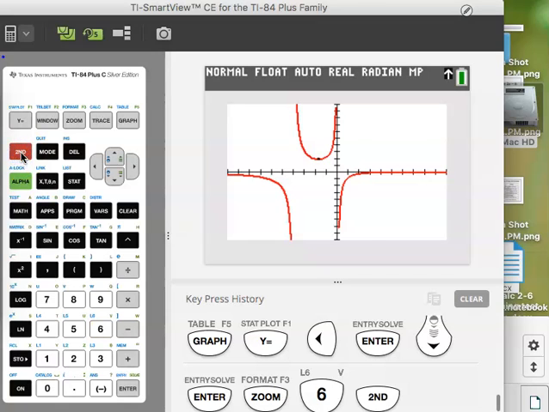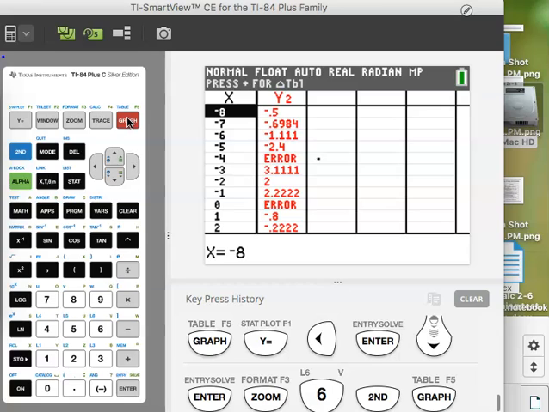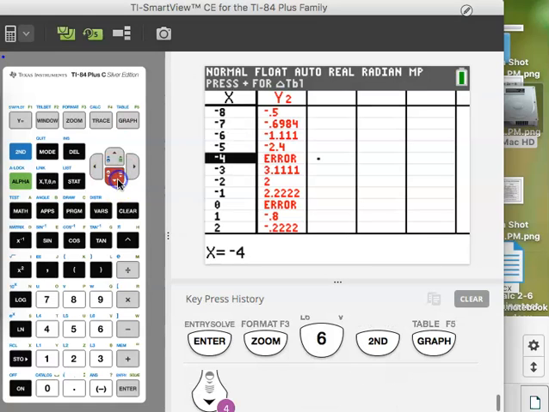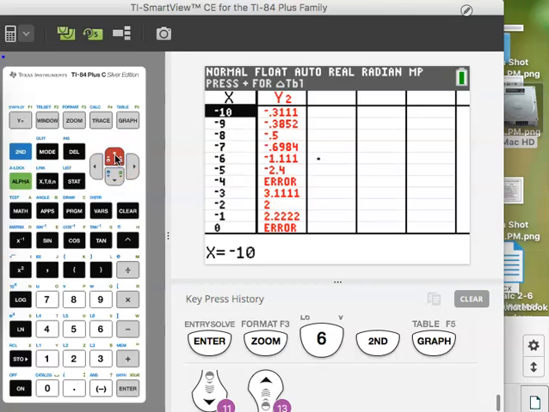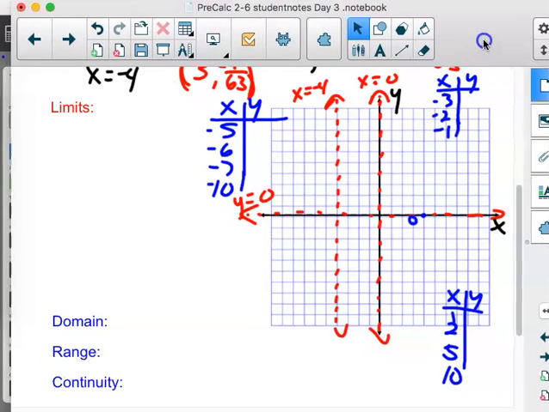So second graph, at -4 we see an error message. That's good. We said that was an asymptote. At 0 and at 3, that's important because we said there was a hole there. All right, so I'm going to grab my handheld so that I can get some of those numbers. So this is another time when the technology slows things down a bit. Otherwise, I'd be flipping back and forth between the giant calculator there